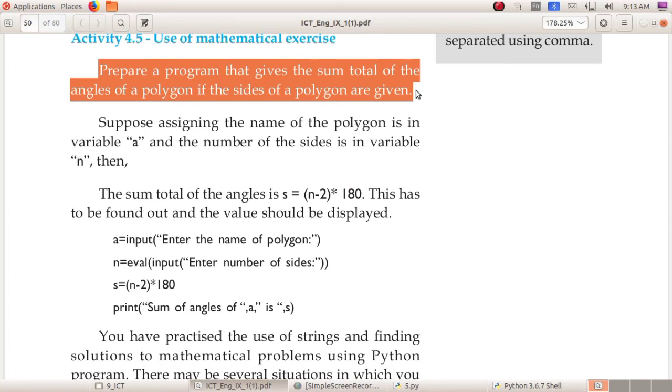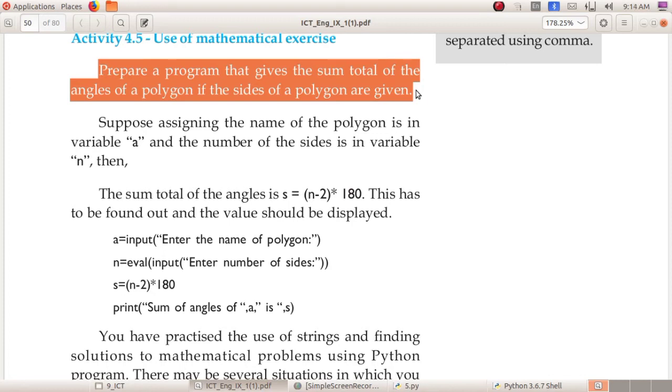Okay, so if the number of sides of that polygon is given, then we can find the sum total of the angles. Already you know that for a triangle, square, rectangle, etc., we can find the sum total of the angles.